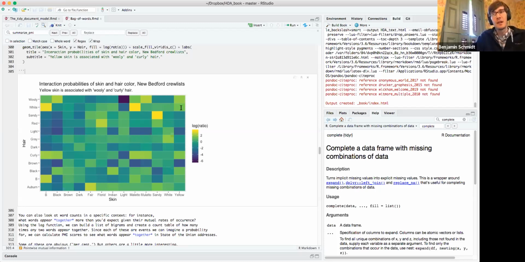So yellow as a skin color here seems to be associated with a set of hair colors that probably indicate that yellow skin is actually being used as a way to describe those same people of African or Austronesian descent, as opposed to being used as something to describe, as in sort of contemporary American racial vocabulary, the way that people talk